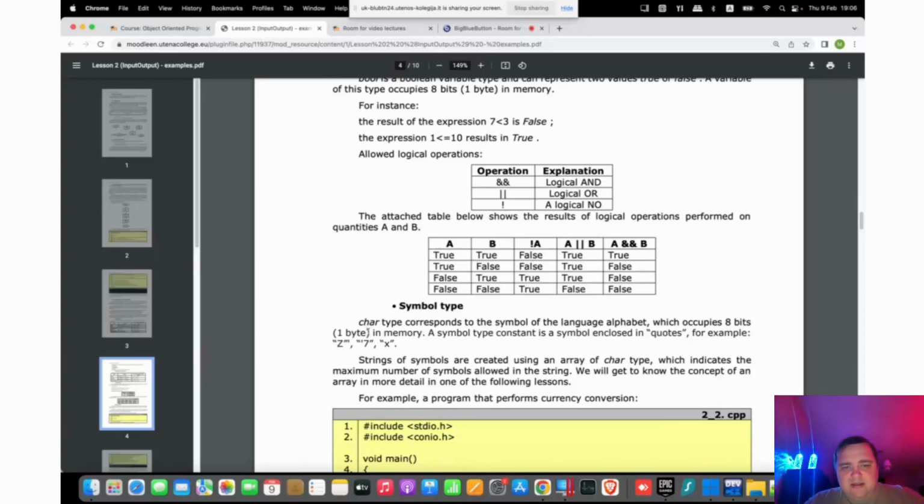Another data type, character. Well, it can be specified as the 8 bits text. Moreover,